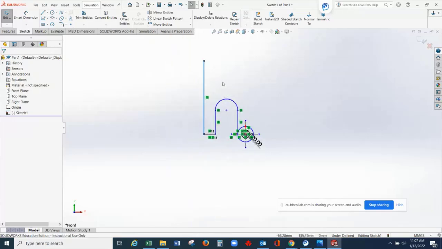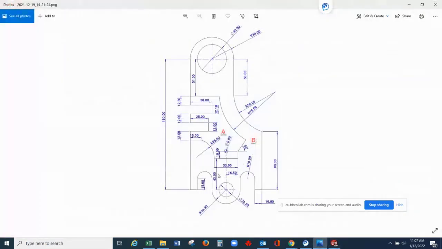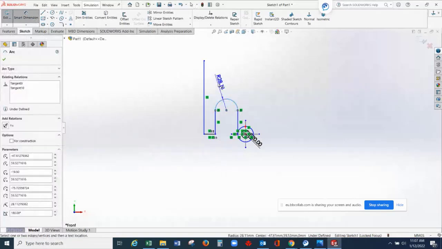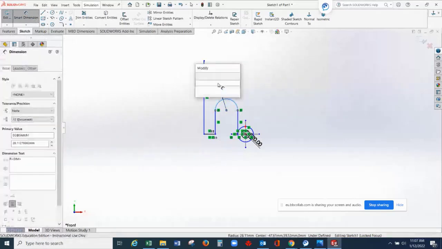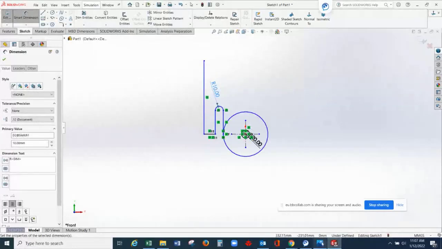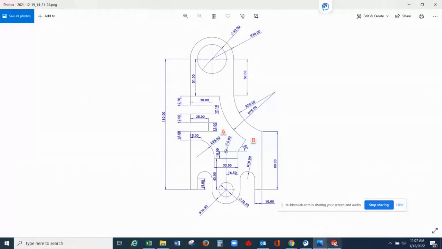Okay. Now from here, double check your given dimensions. So this is 15, this is 10, this is 10. So we'll give the dimension from this point first. Smart dimension. From here, this is 10. Let me check this. This is 10, radius 10.